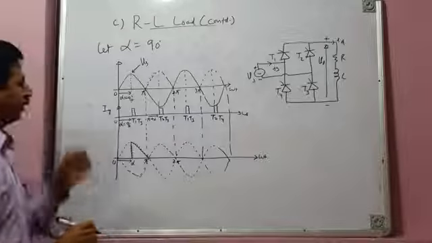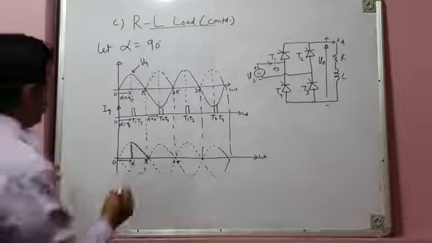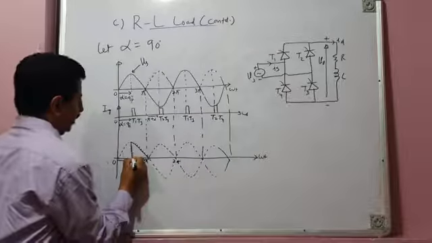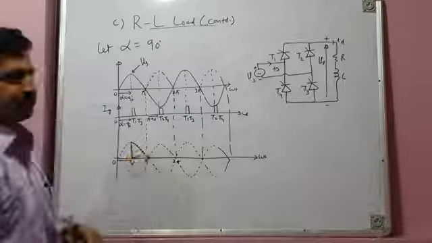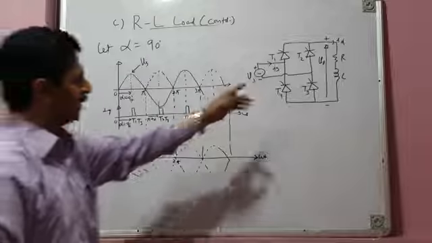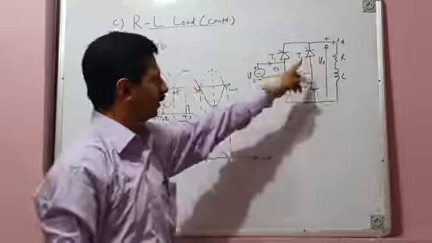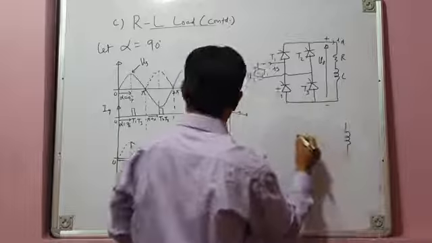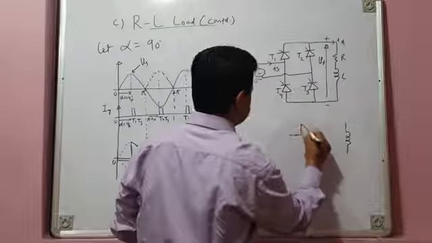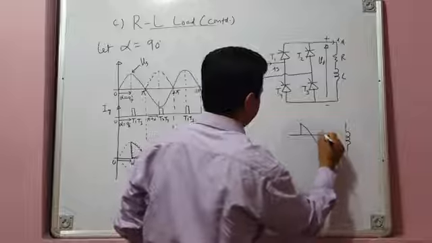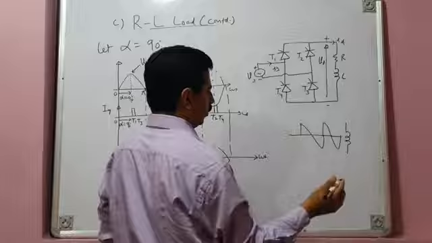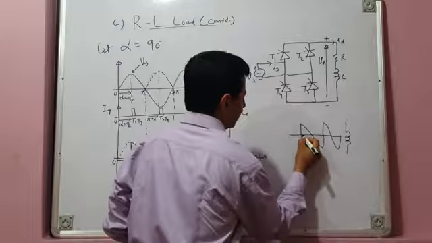And what will happen to the load current? Load current will start rising, for example, from 0. Now when it rises, it will reach its peak value. You have seen this when we were discussing the operation of full converter for a purely inductive load. If you remember, this is the nature of load voltage waveform. You can turn the pages of your notes and you can see. And this was the load current.